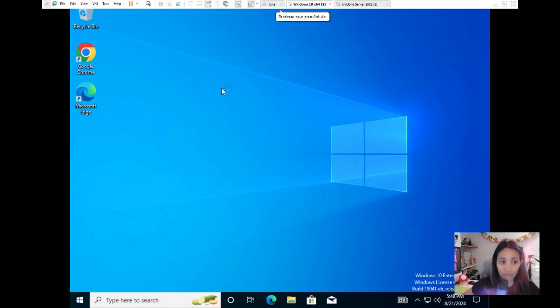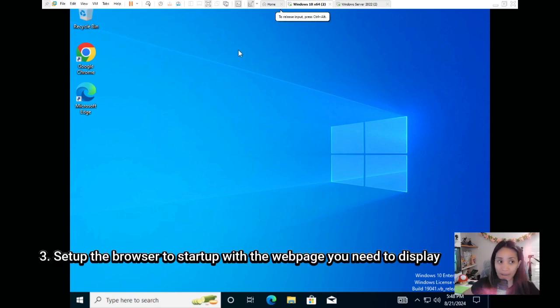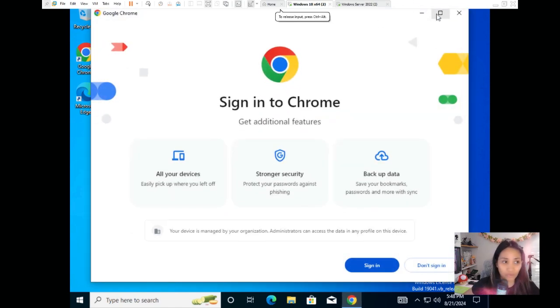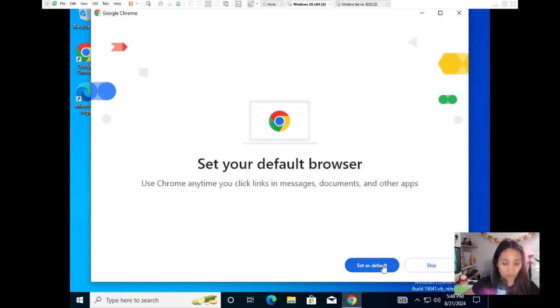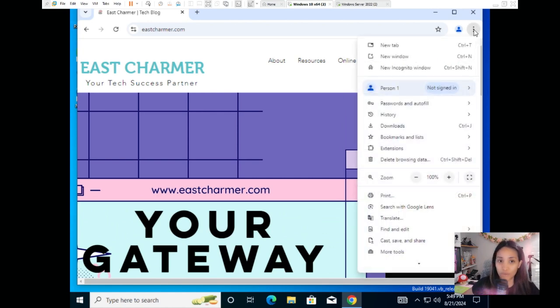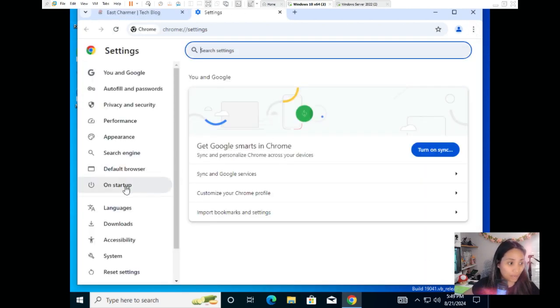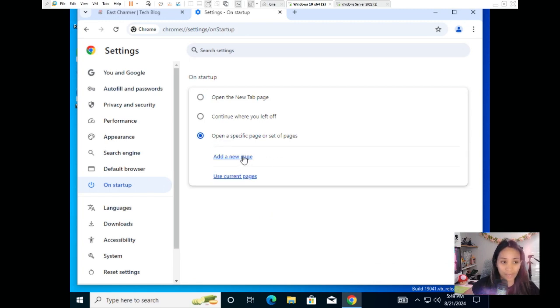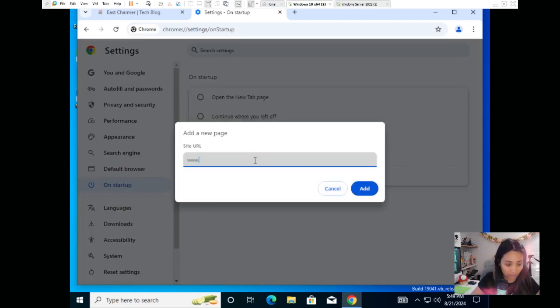So the next thing we want to do is to set up the browser that we want for the web page. So this is just an example, but I'm using Google Chrome because I really don't like Edge. So this is the web browser that I'm going to use. Feel free to use any browser that you want in here. So what we want to do is to set this up to start up with this page. So just go to the settings of the browser, and then on startup we want to open a specific page. So I'm just gonna add a new page and put the URL in here